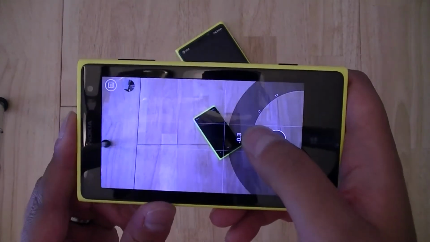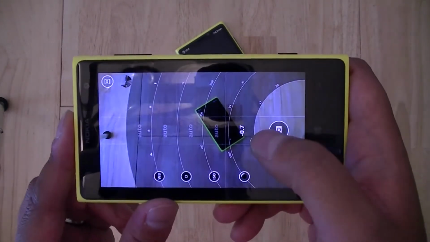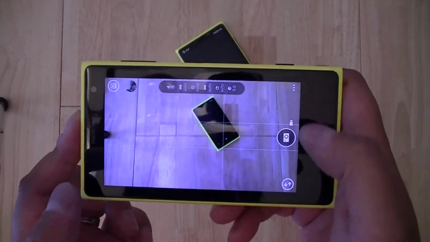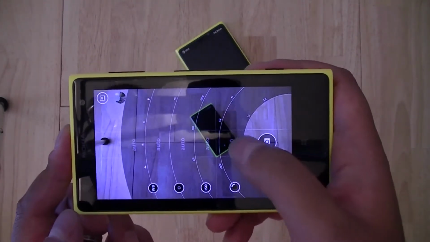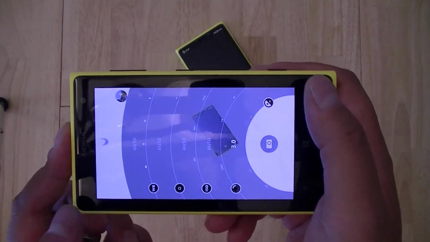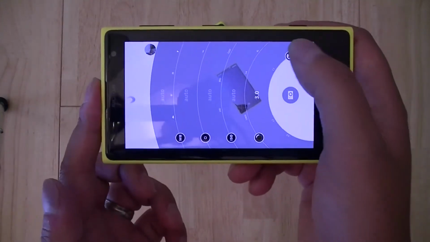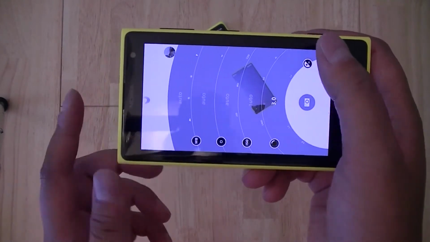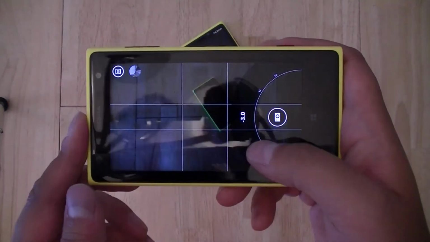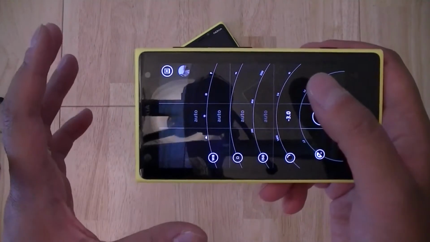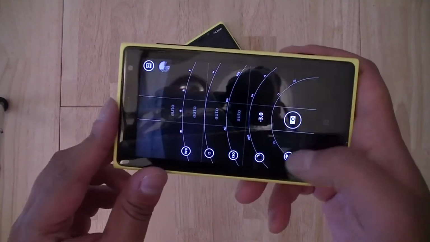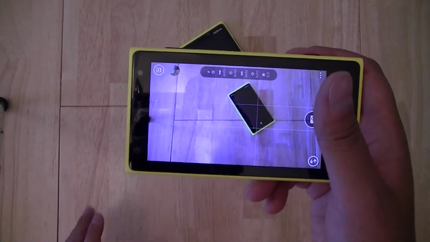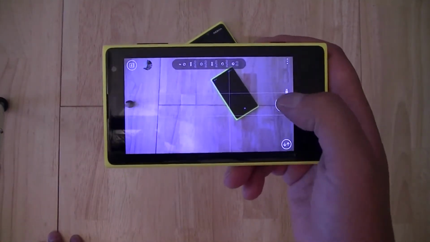So right now, basically, the phone is telling me that this is about the right look for my image. However, if I wanted the image to be brighter, I can compensate and tell my phone that, hey, I want a brighter image, and it will go ahead and pump up the brightness, but you're going to lose some detail. If I want to darken my image, I'm not going to see a lot of it, but it's going to retain more detail. But let's go ahead and just keep it at 0. So depending on if you're shooting in the shade or if you're shooting into bright sunlight, you might want to